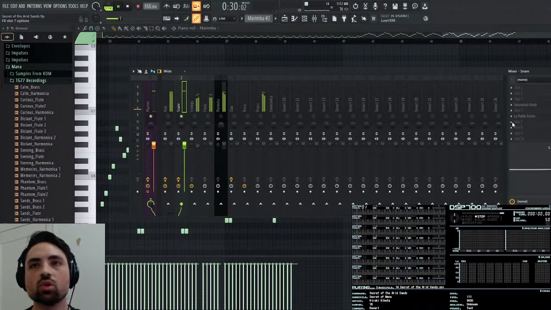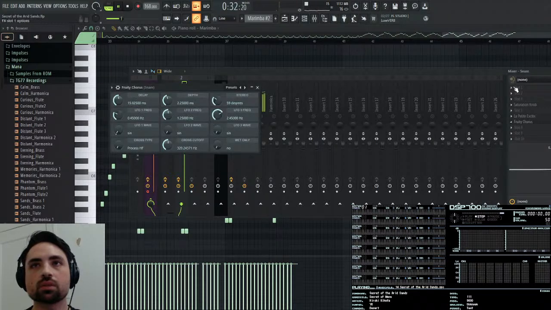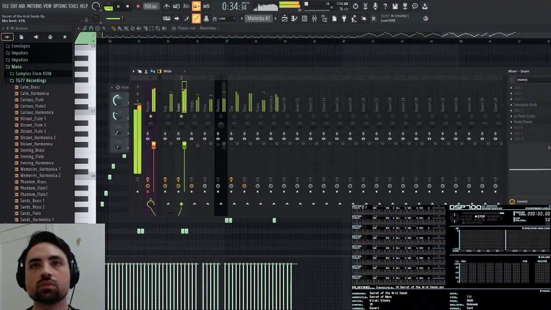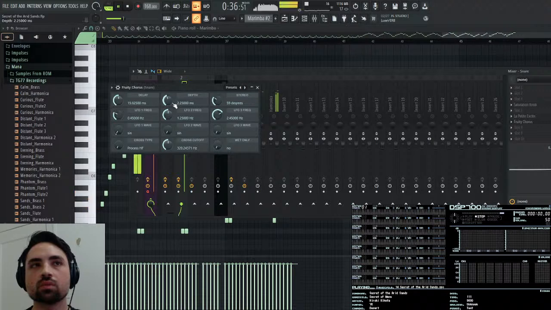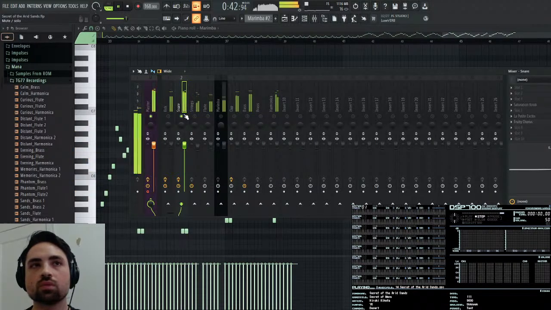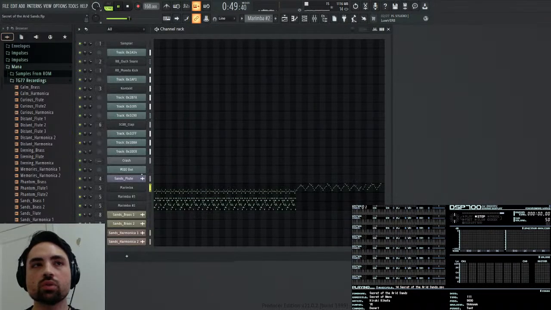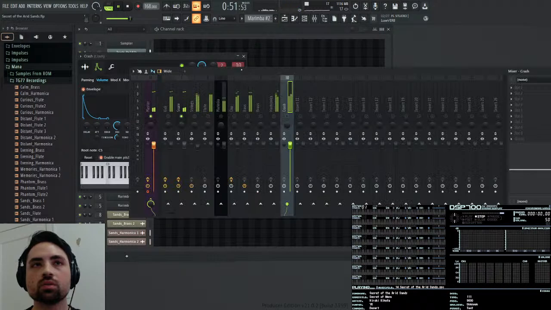And let me give it some chorus so it feels more dynamic. And the crash, I forgot to give the crash a mixer track. So let me go mixer track, and that'll be good.